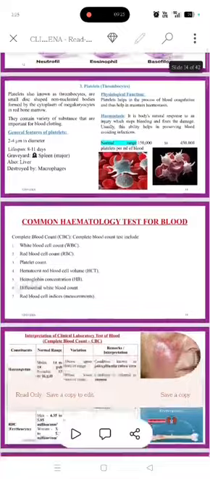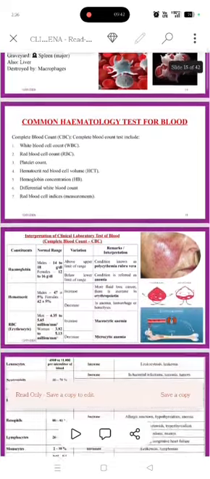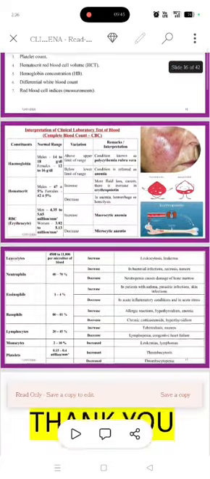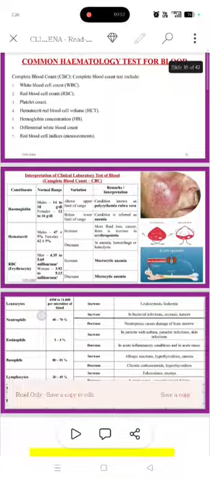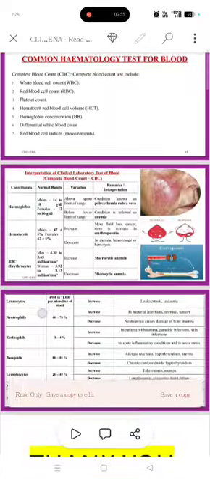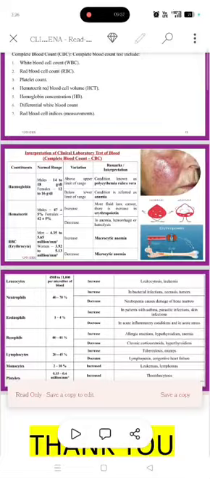Common hematological test for blood: complete blood count, which includes white blood cells, red blood cells, platelet count, hematocrit, red blood cell volume, hemoglobin concentration, differential white blood count, red blood cell indices. Interpretation of clinical laboratory test of complete blood count: hemoglobin,